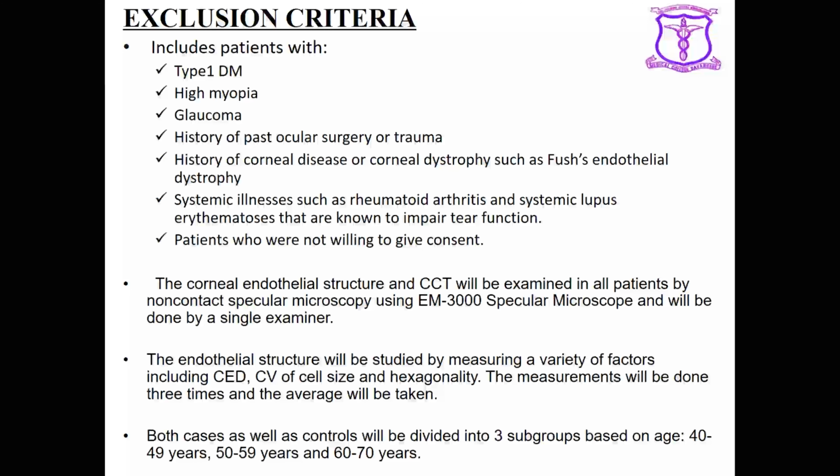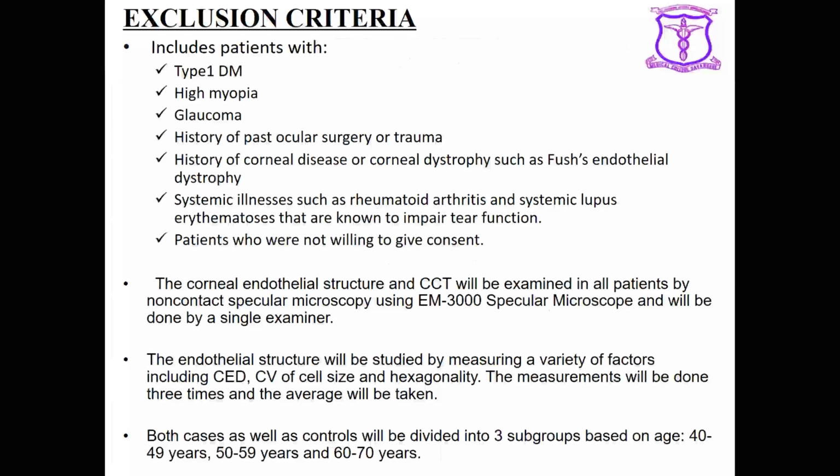The corneal endothelial cell structure and central corneal thickness will be examined in all patients by non-contact specular microscope using the EM3000 specular microscope, and is done by a single examiner. The endothelial structure will be studied by measuring a variety of factors including central corneal endothelial cell density, average cell size, and variability. The measurement will be done 3 times and the average will be taken. Both cases and controls will be divided into 3 groups based on age: 40 to 49, 50 to 59,